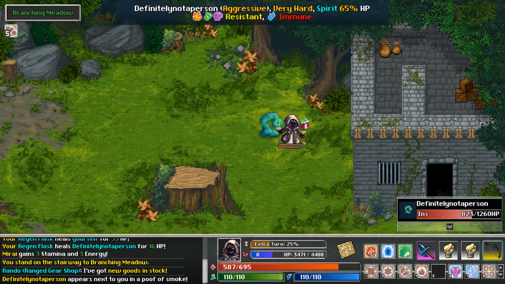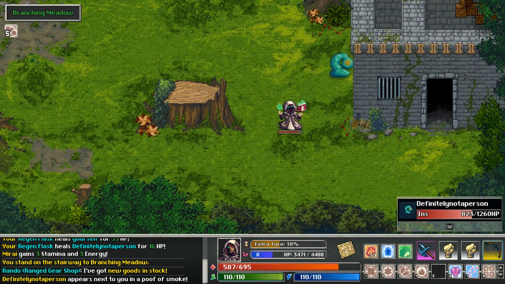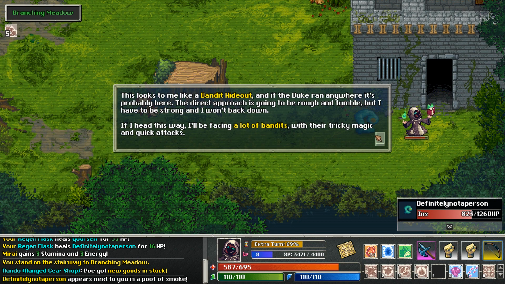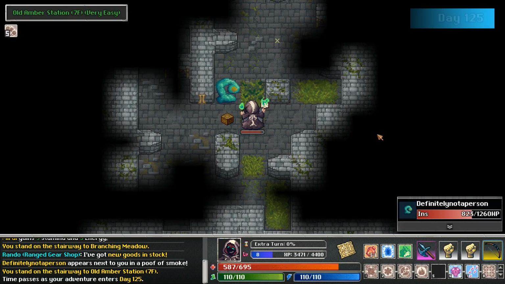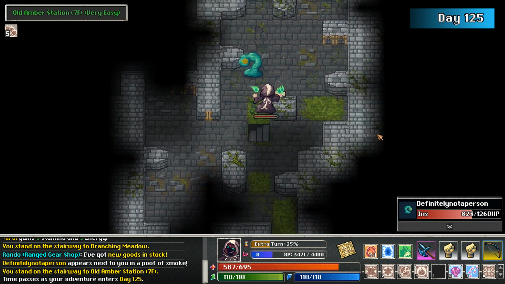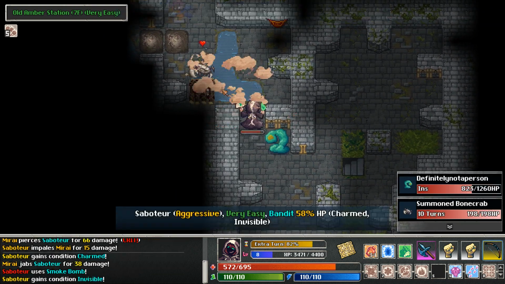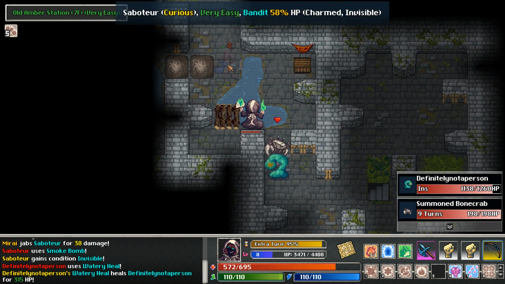So. I guess I portaled. I could have used the portal. Old Amber Station, which is this one. Let's get in here and kill some dudes. And we probably do not need to be very thorough. I suppose being thorough for the sake of finding...